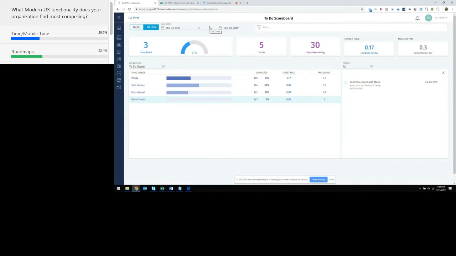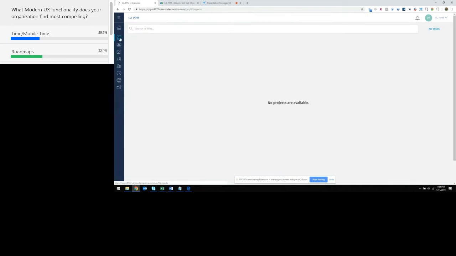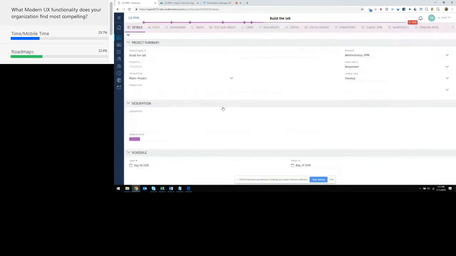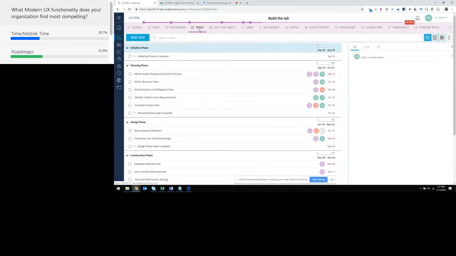The second piece, Sarah, the second question that you asked was around the difference between tasks and to-dos. So if I go look at a project, 9 times out of 10, you didn't really have an option. If you wanted to capture the full work breakdown structure, going forward,